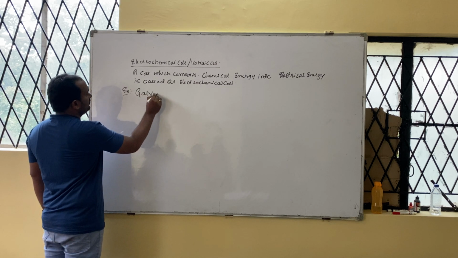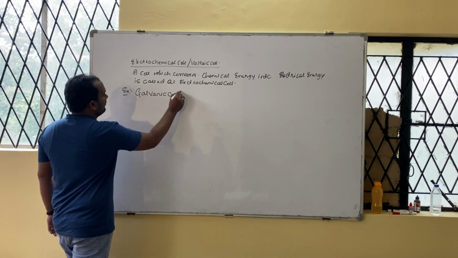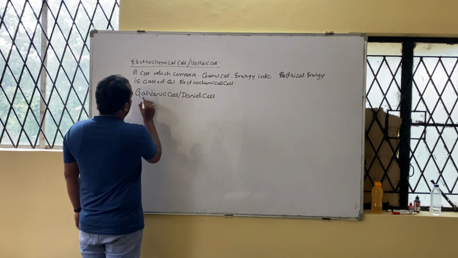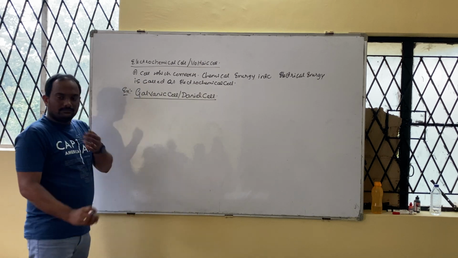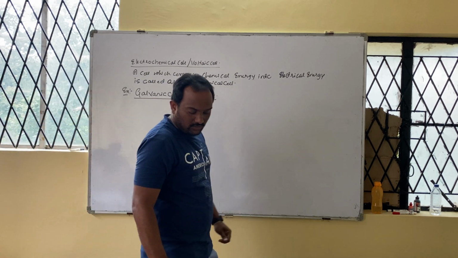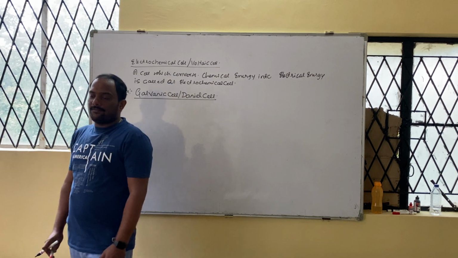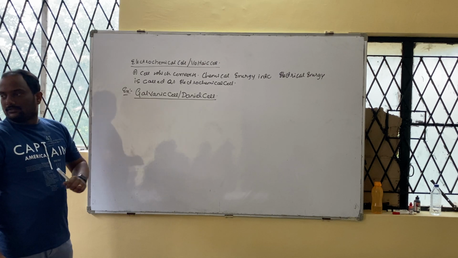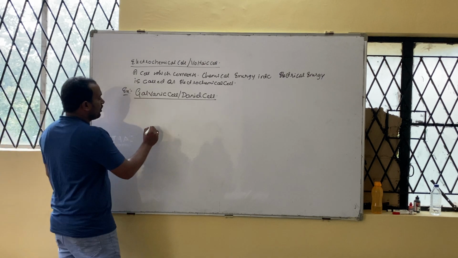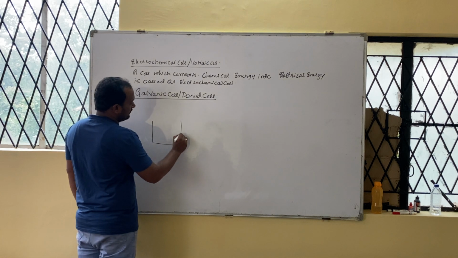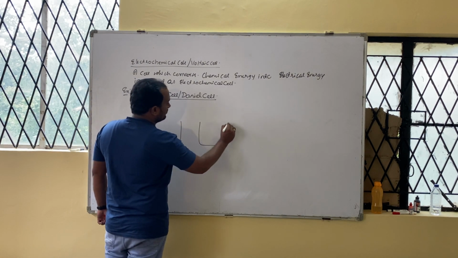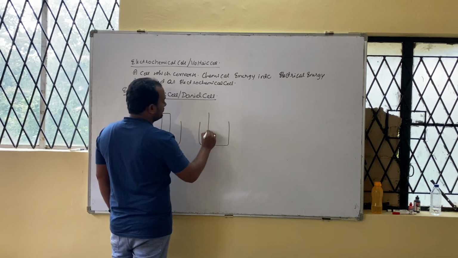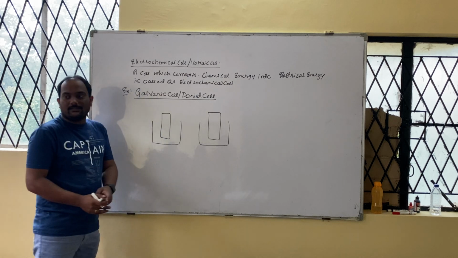galvanic cell, or you can even call it the Daniel cell. A neat labeled diagram should be drawn now. I repeat, don't draw any rough diagrams. A neat labeled diagram has to be drawn. Tomorrow once again we are going to discuss the diagram when we come back. Okay, so just to draw it, two chambers side by side, both having some electrodes dipped in them, but the concept will not change, students, if the cell changes.